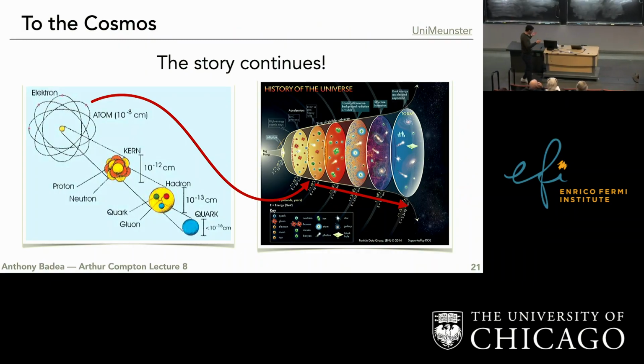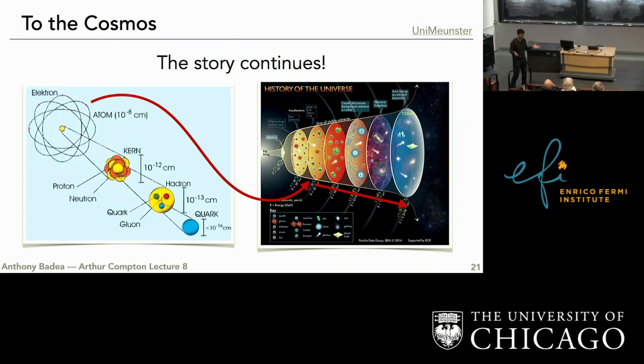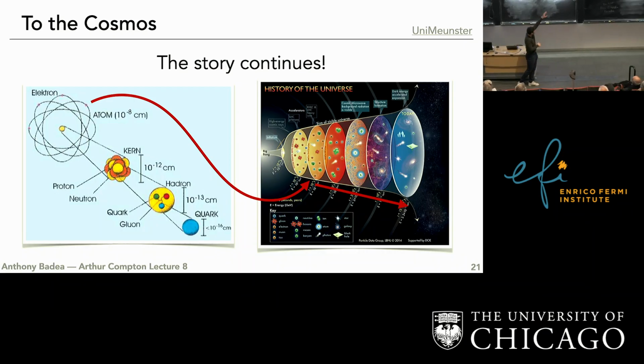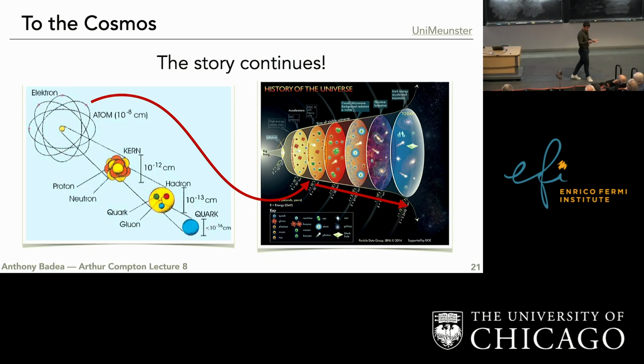Right. Okay, but of course this is only one piece of a growing story, which is also, we just talked about going from scales of 10 to the minus 16 centimeters to 10 to the minus 8 centimeters. And then all of that comes in on this diagram of the history of the universe and is just getting us to basically here. And then from there, you go this whole rest of the time, and all of dynamics of now nuclei are fitting together as the universe is expanding. And then if we take a picture of the sky, we see all these structures, and then seeing if everything we're talking about actually maps onto that.